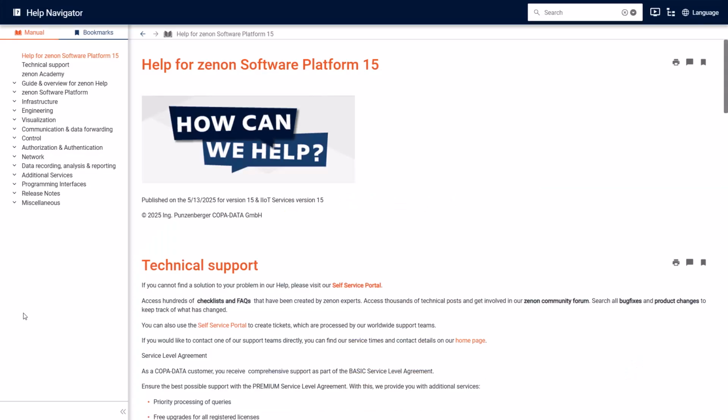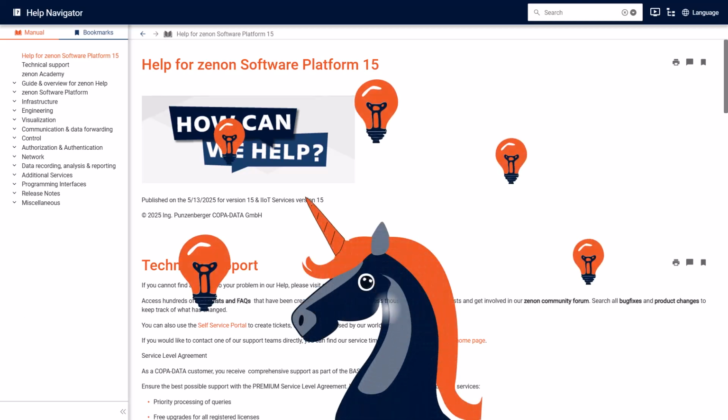We hope this overview gets you excited to explore the Xenon Help and find answers to all your questions. It's all about making your search smoother and more efficient, taking your Xenon experience to the next level. You're all set now. Go ahead, explore it further on your own, play around with it, and make the most of the Xenon Help.